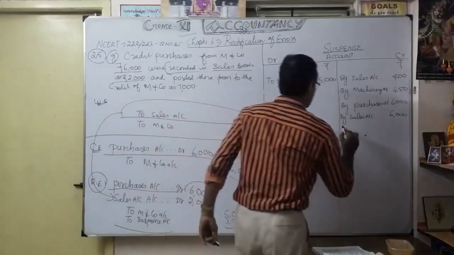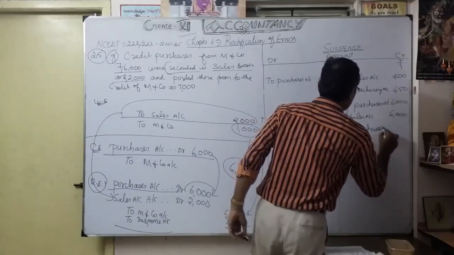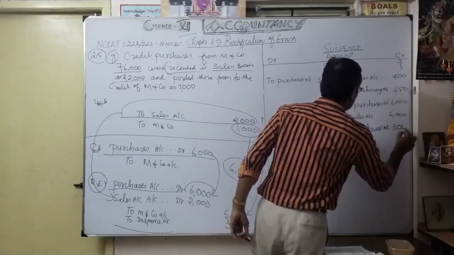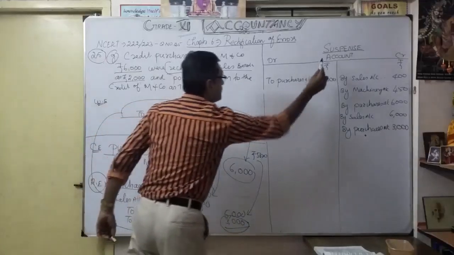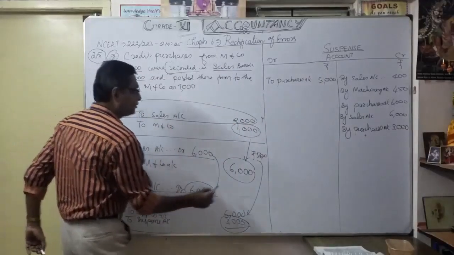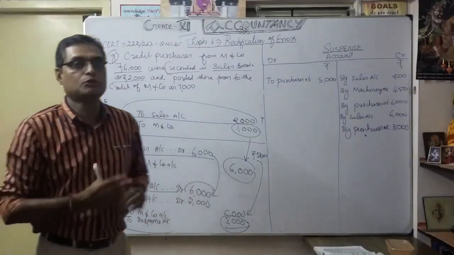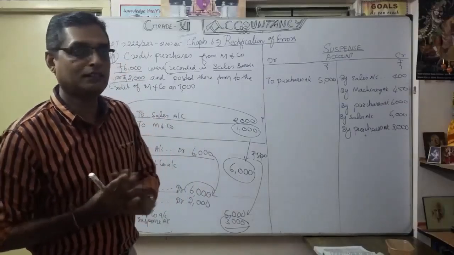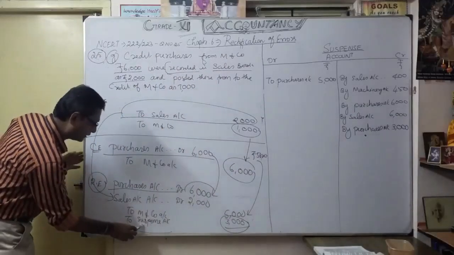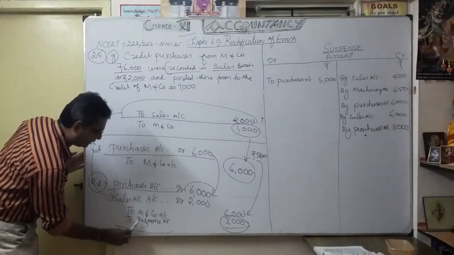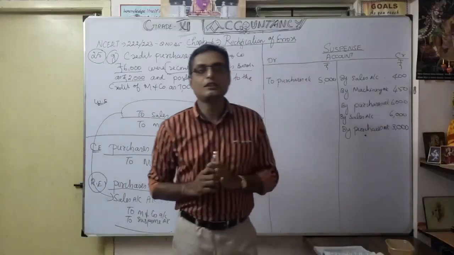Go to the suspense account, by purchases account, how much? 3,000. Understood? So this part only we are going to write in the suspense account: by purchases account 3,000. Here only, whenever there is to debit, to credit like that, you become confused how to do posting. That's the only complication when you prepare the suspense account. So only one side is not an issue. In the suspense account, the first word you have to write is 'by', by purchase account, amount 3,000. Now understood. That's the posting you want to work out.